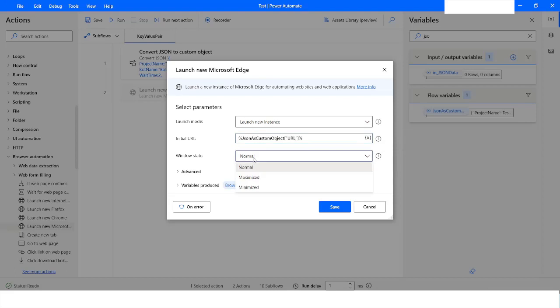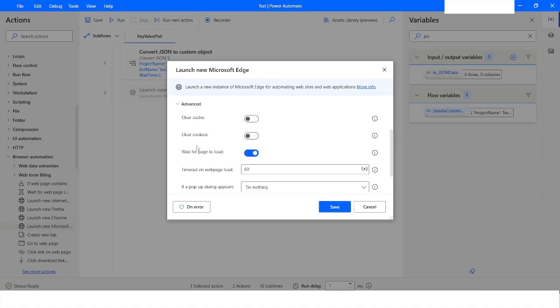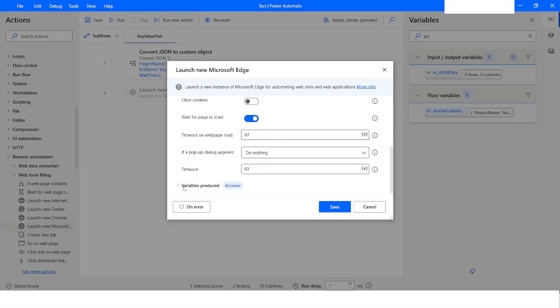In the Windows state I can specify as maximized, and here in the advanced you can set more settings which is wait for page to load, and here you can also specify the timer on page load, and the browser instance will be stored in the browser variable. I will click on save,